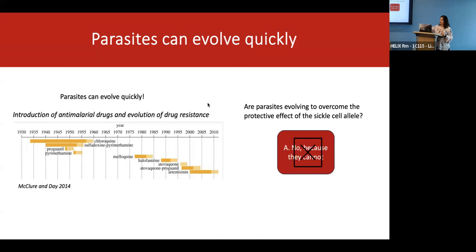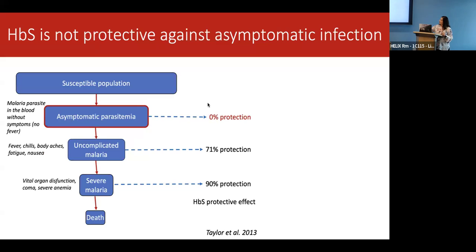So I'm going to cross this off, at least for now. Okay. One thing I haven't talked about is that sickle cell protection is really strong against severe disease. And it's somewhat strong against this uncomplicated mild disease, but it actually has arguably 0% protection against asymptomatic parasitemia, so